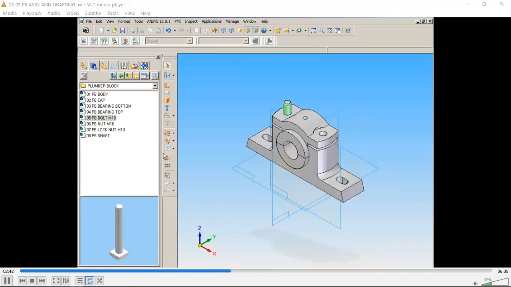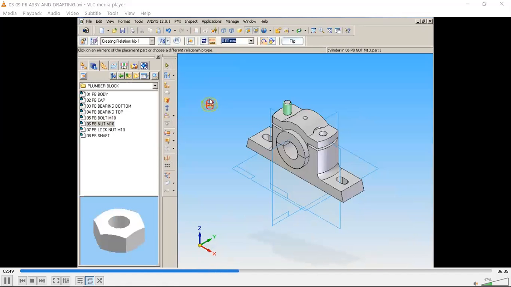Then you can go for the nut and lock nut. So first one is the lock nut, which is having larger thickness. First axial alignment,